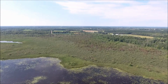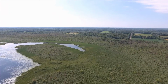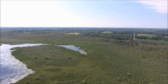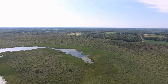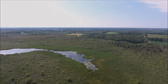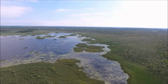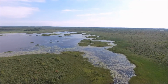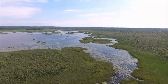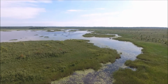That road straight ahead is, I think, Lofty Lane, which is going straight south from Cedar Sauk Road. And we're flying here back toward the bay where the boardwalk from Cedar Sauk Road comes into Mud Lake and toward Cedar Sauk Road. The marshes around Mud Lake are really beautiful. If you're down on Mud Lake, you could be in a wilderness area in central to northern Canada for all you can tell. The Cedarburg Bog really is a 2,200 acre wilderness